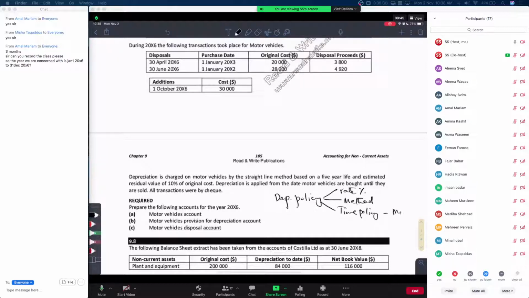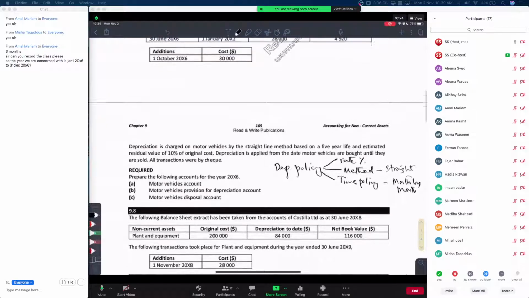It's month by month, because it says depreciation is applied from the date motor vehicles are bought until they are sold. That means every month of usage will be counted. Then the second part is the method. We are given the straight line method, because for the reducing balance method the percentage rate has to be calculated in a different way. Besides, the information simply says 10% of the original cost. Straight line method, 5 years, 10% of the original cost. So basically that means